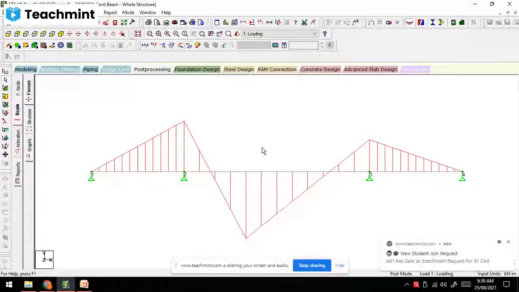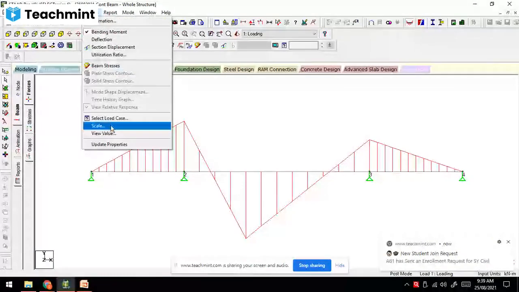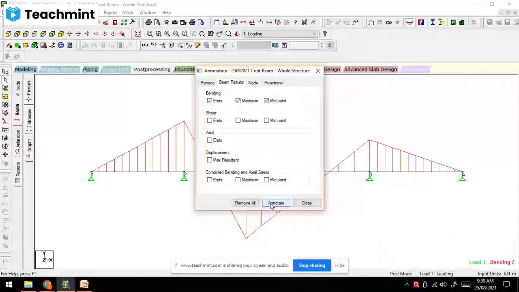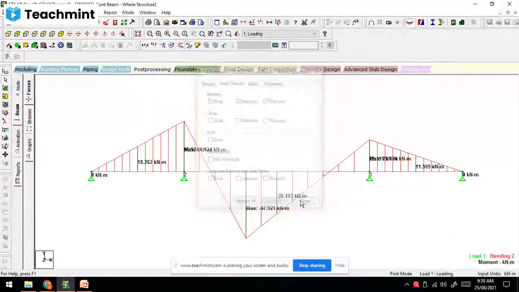Now for seeing the values, you can click on result, then view values, beam result, bending moment, ends, maximum and midpoint. So you can consider maximum or midpoint also. At the end there is a 0. Annotate, close.